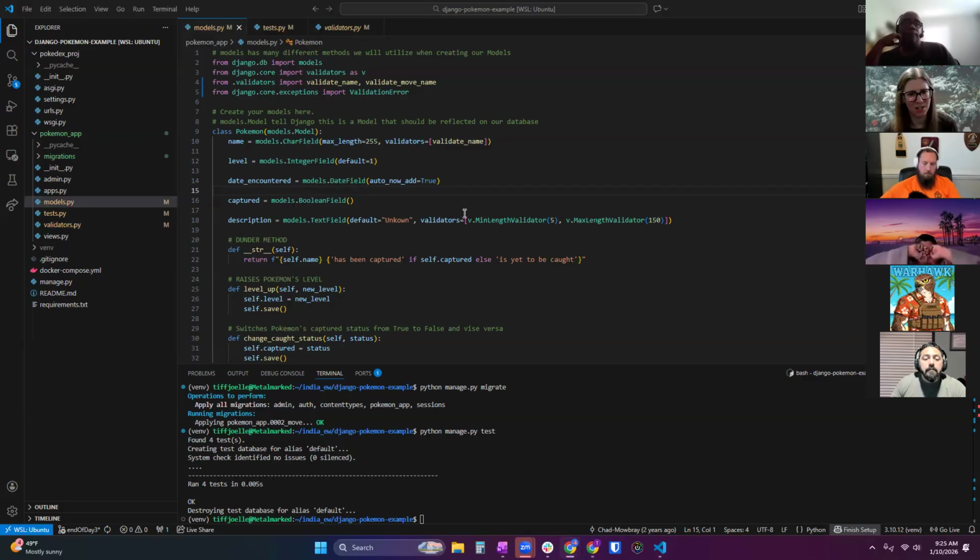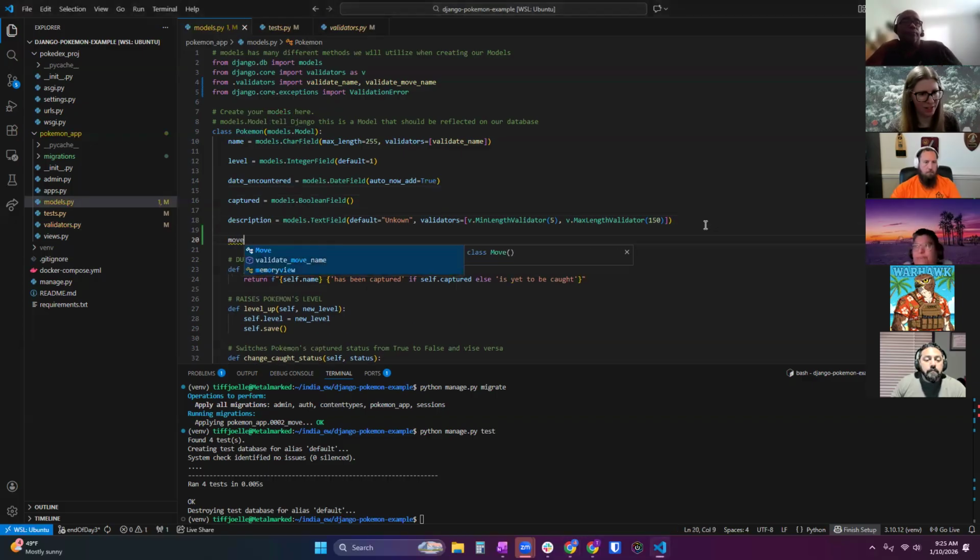But let's just start and make a field underneath Pokemon that's going to hold these moves. So I'm going to add a moves field to Pokemon.